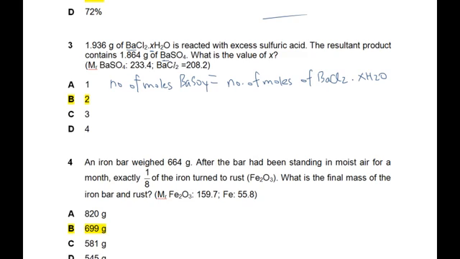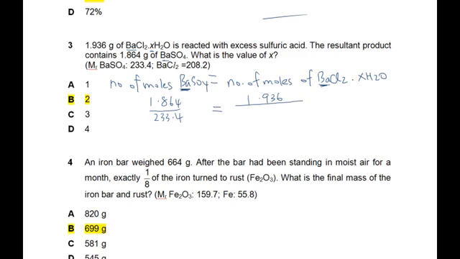We know the number of moles of barium sulfate will be equal to the number of moles of barium chloride dot XH2O, because the source of barium here must be from here. So no choice, the number of moles has to be equal. The number of moles of barium sulfate is 1.864 over the molar mass of barium sulfate, which is 233.4. This will be equal to the number of moles of barium chloride dot XH2O, which is